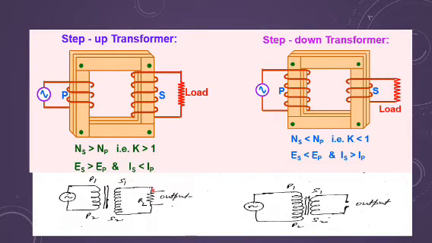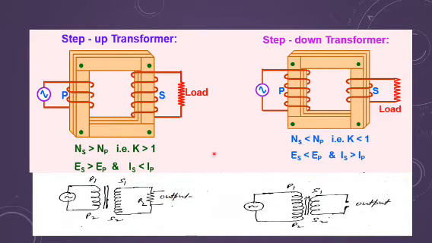And this output is always taken across some load. For showing the load, we can always make some resistance, that is to show the load resistance to take the output. But of course, you should note that in a transformer, input is also AC, output is also AC. So I have to attach a device which works on AC to check the output over here.